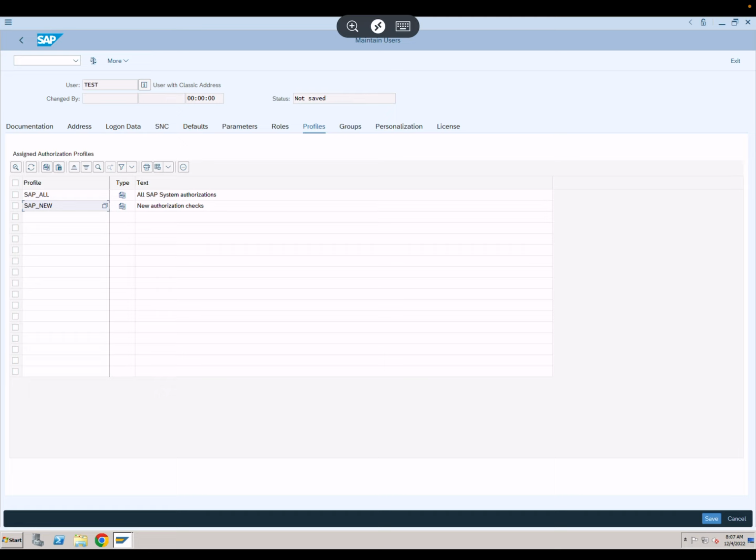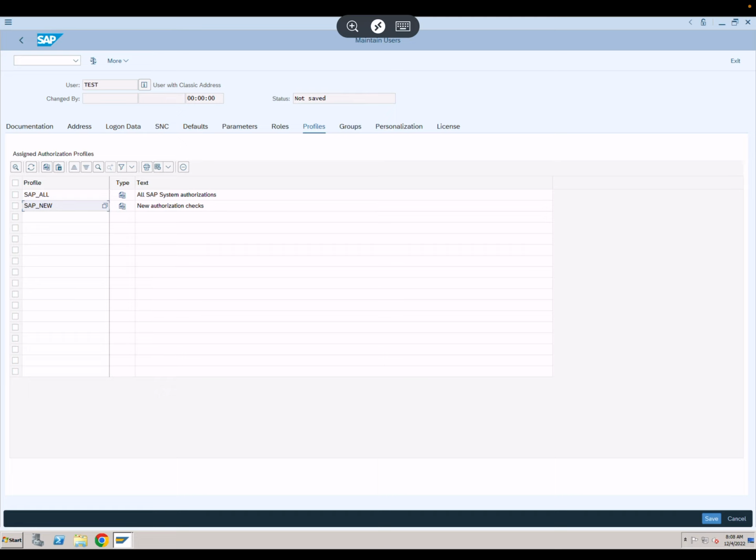So coming back to SAP All and SAP New, as you can see, SAP All is kind of everything SAP. So all SAP authorization objects with field and activity value star there, right? So anything which is standard, not custom. If it's a new system, it should be all standard, right? There should not be any custom code or custom or even add-on component, like some add-on which is non-SAP, given by some third party. But SAP All means when he or she has SAP All, he or she can do anything which is all SAP.